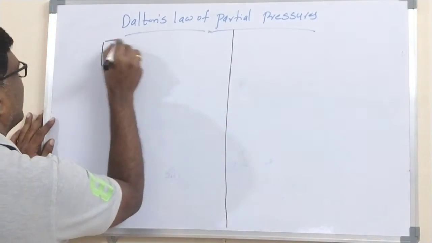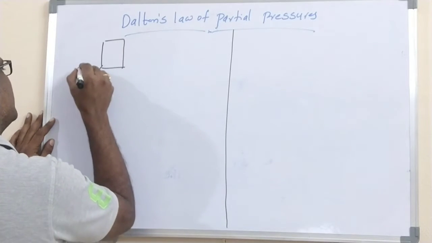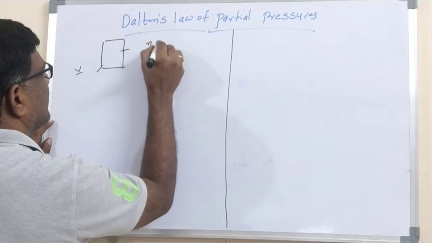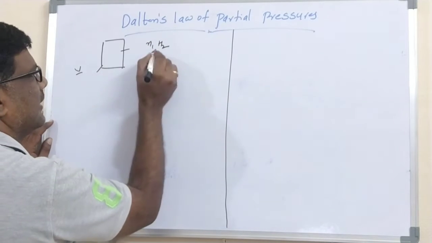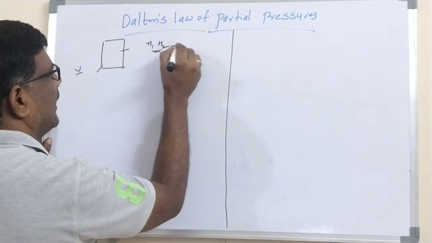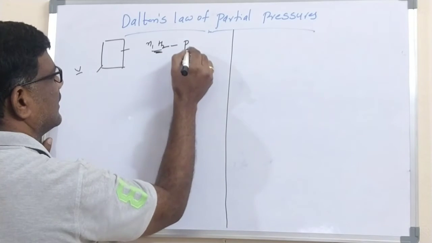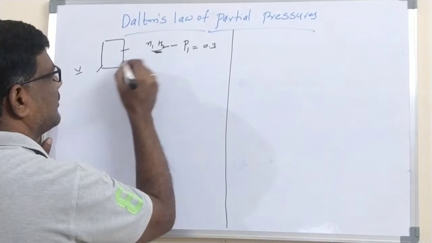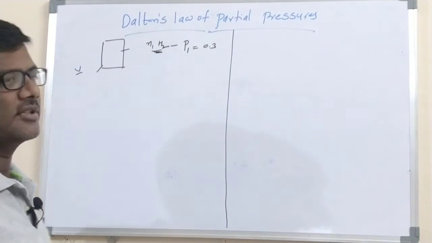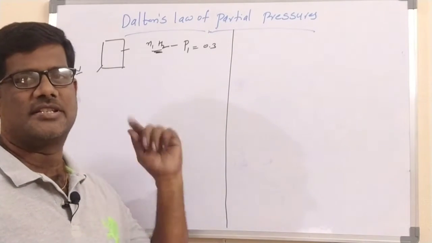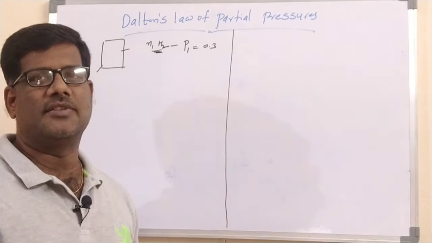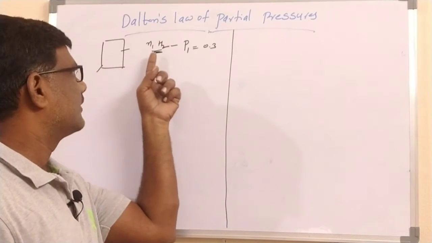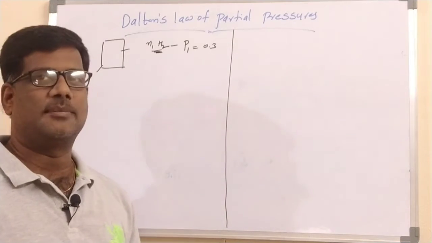he took a vessel of volume V, and filled it with N1 moles of hydrogen. The pressure exerted by the hydrogen gas is taken as P1, and he observed that the pressure exerted by this hydrogen gas is 0.3 atmosphere. Once again, he took the vessel of volume V and filled it with N1 moles of hydrogen, and the pressure exerted by the hydrogen he observed as 0.3, given as